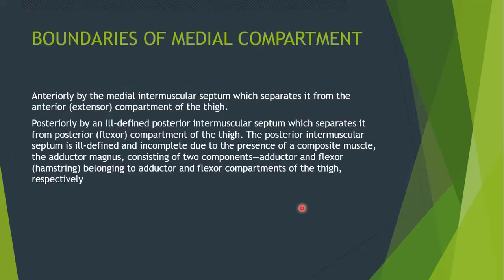Boundaries of the medial compartment of the thigh. There is an anterior border and a posterior border. The anterior border is the medial intermuscular septum, which is a modification of the fascia lata. This medial intermuscular septum separates the medial compartment of the thigh from the anterior or extensor compartment of